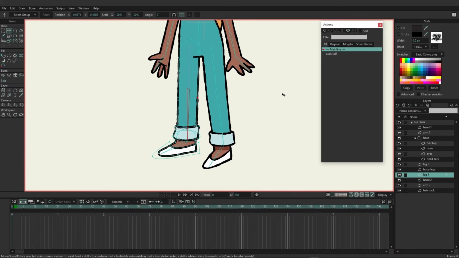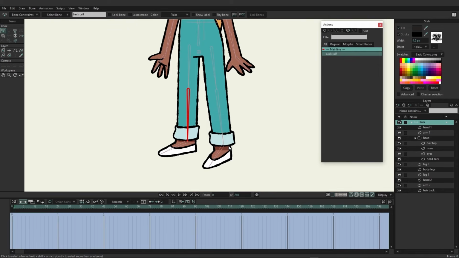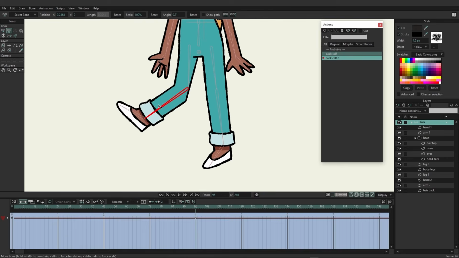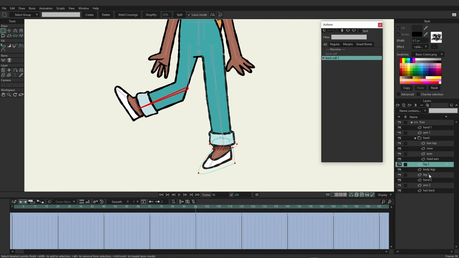Go back here to mainline, and we're going to make a second action for this leg. So come in here, make sure we have that calf selected. We're going to create a second action just like this. Go to frame 96, and we could bring this up like so, going the other way to make the correction, and go to leg 1, and